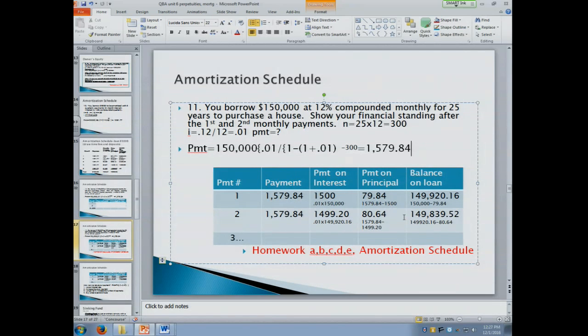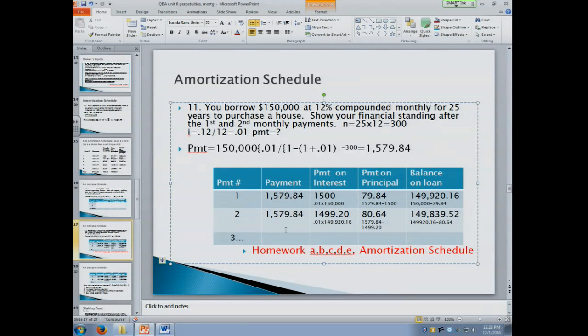We're reducing $150,000 by $79.84. So here, this last column where it says balance on loan, we don't owe $150,000. We owe $150,000 minus $79.84. So we only owe $149,920.16. So that's the balance on the loan after the first month. So we go along to the second month,